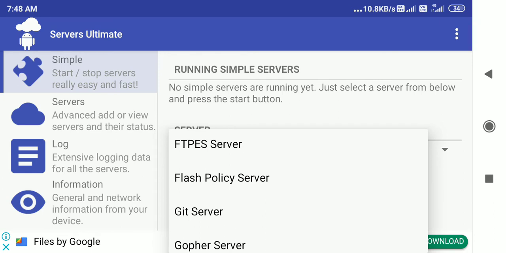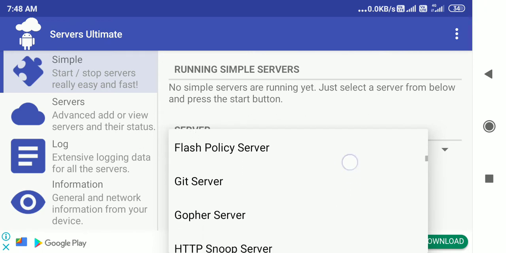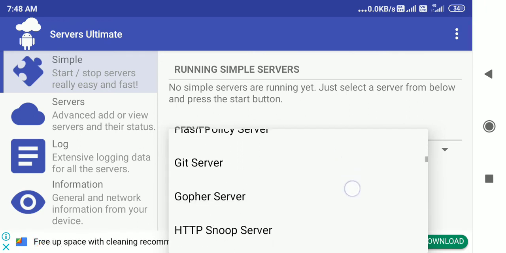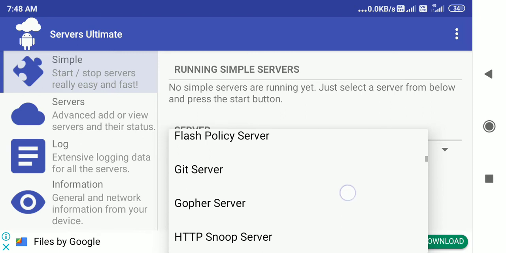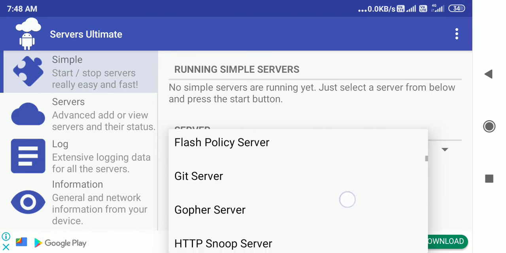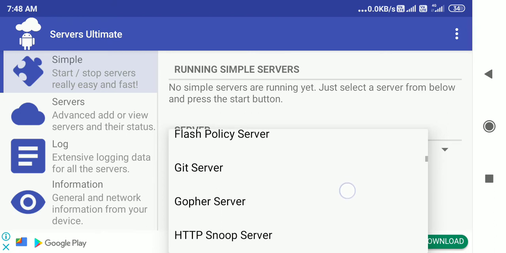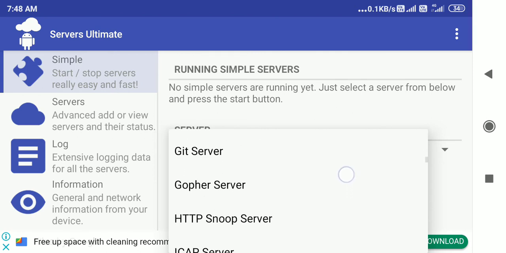Okay, Flash policy server. Flash is basically a file server kind of thing, so you don't have to worry about it. JIT I already told you, it is a kind of storing all the executables, mostly for project work and other things. They use JIT server if you want to do remote projects, where file transfer is not to a particular service.